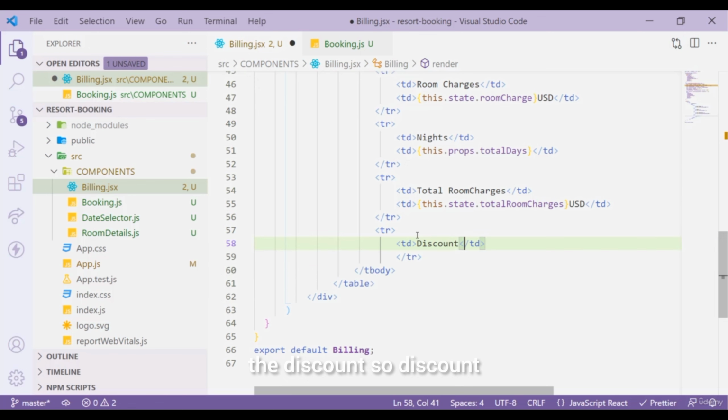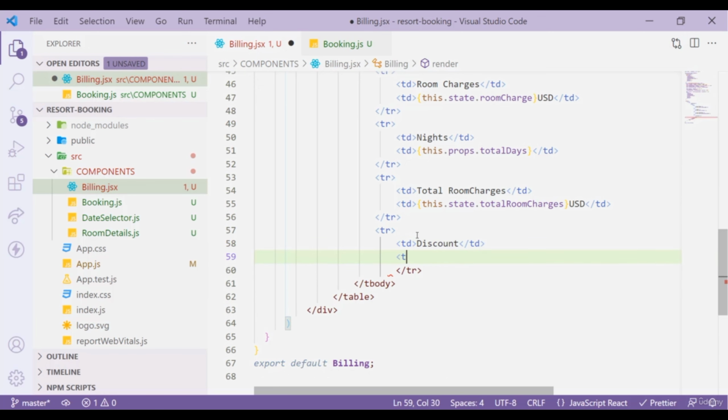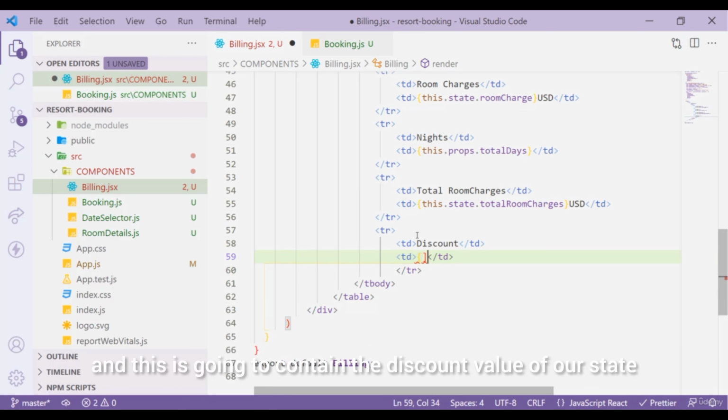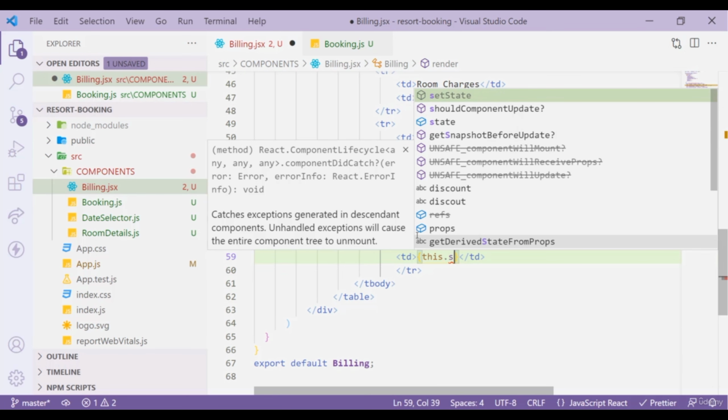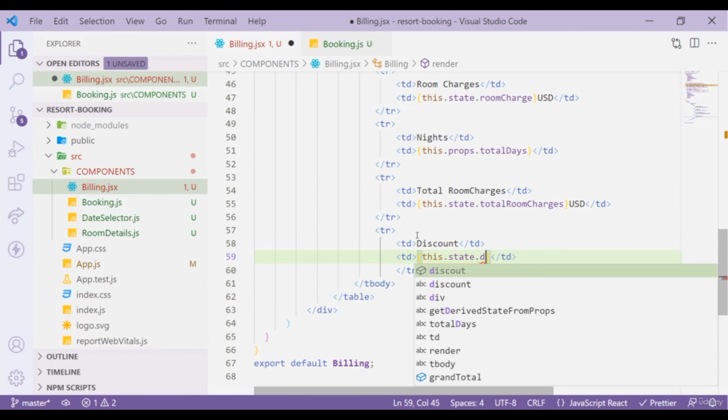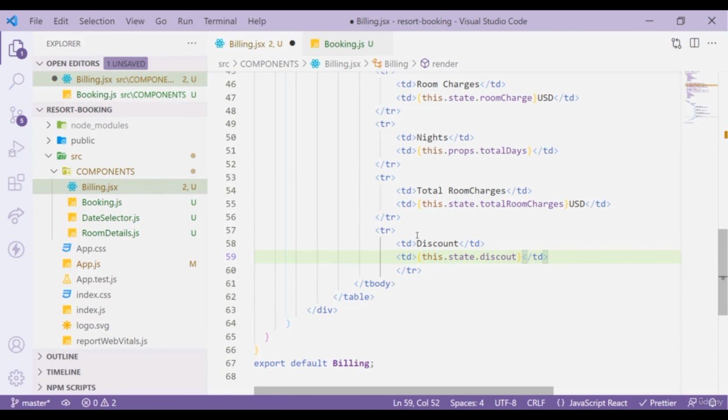So discount, and right beneath this one more element, and this is going to contain the discount value of our state. So this.state.discount,